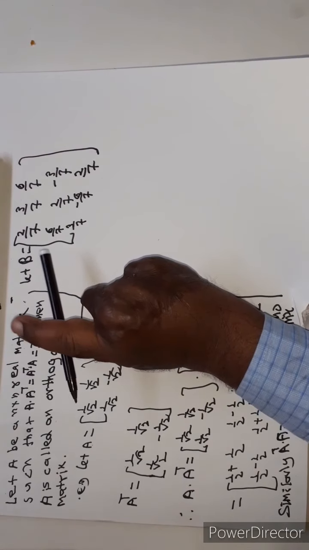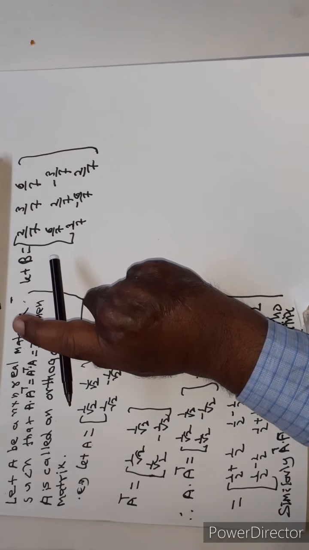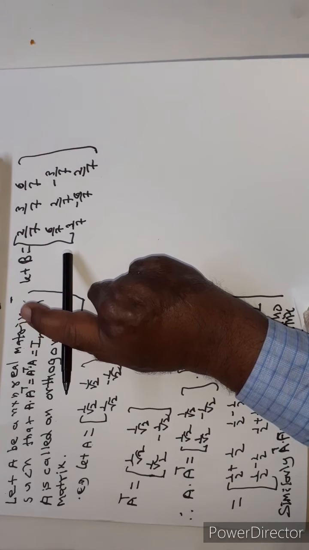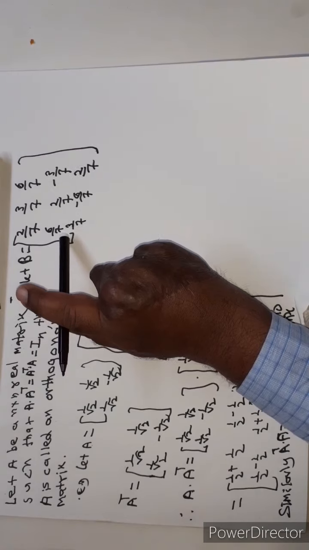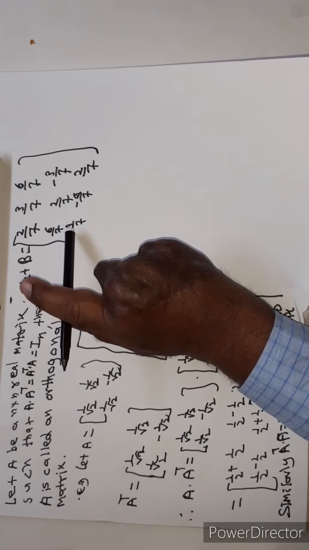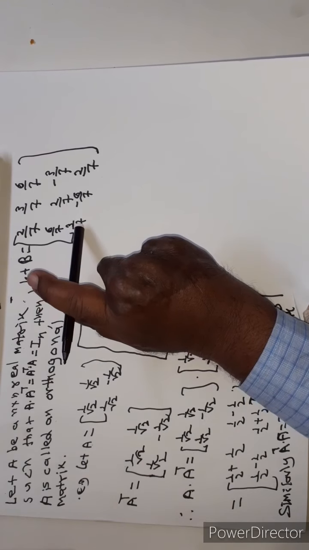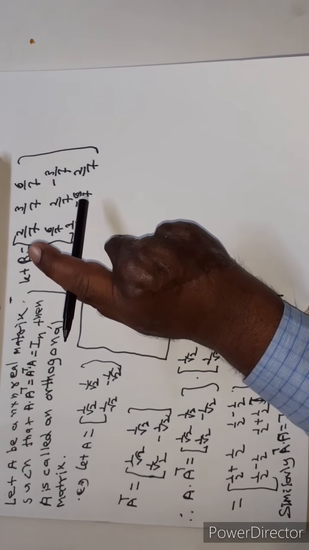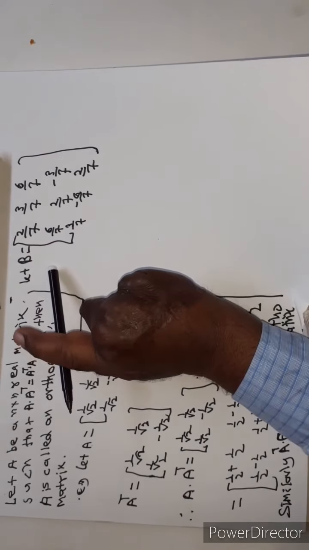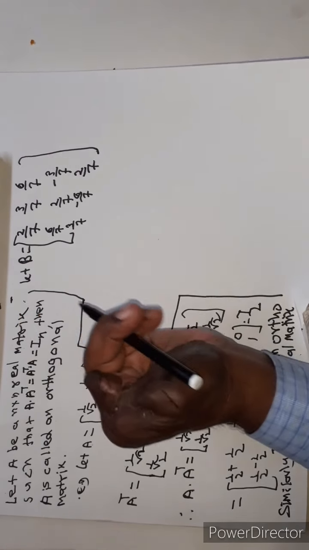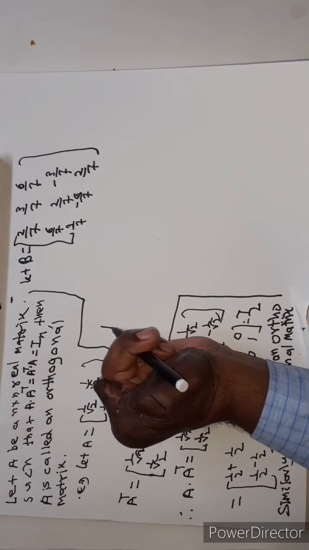See here, matrix B is equal to, in the first row, 2 upon 7, 3 upon 7, 6 upon 7. In the second row, 6 upon 7, 2 upon 7, minus 3 upon 7. And in the third row, 3 upon 7, minus 6 upon 7, 2 upon 7. Therefore B is a 3 by 3 matrix. Now see here, B transpose